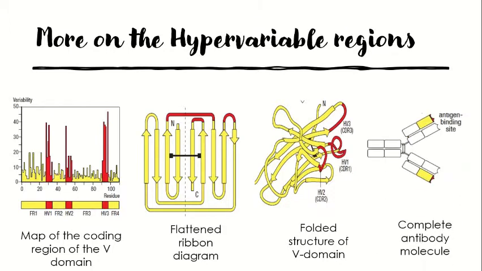And now if this same structure is represented pictorially to give a complete structure of an antibody molecule, the pairing of heavy and light chain is seen to bring together the hypervariable loops from each chain, which creates a single hypervariable structure which forms an antigen antibody interaction site at the tip of the arm. So this represents how beautifully the variable regions can be brought together to the tip where they can interact